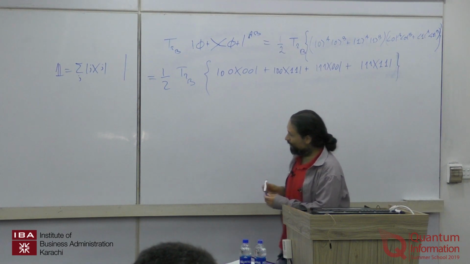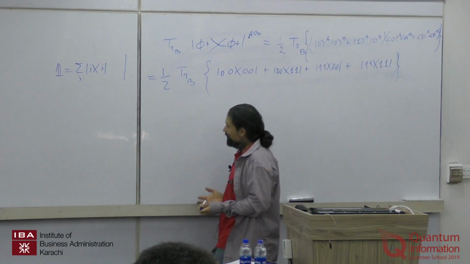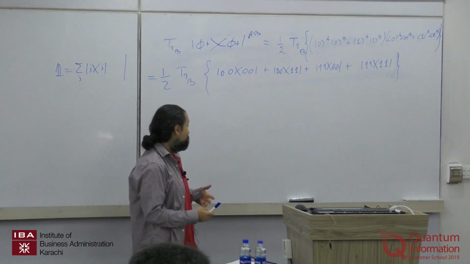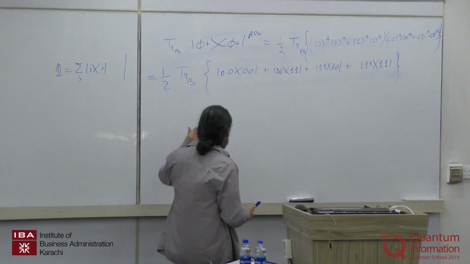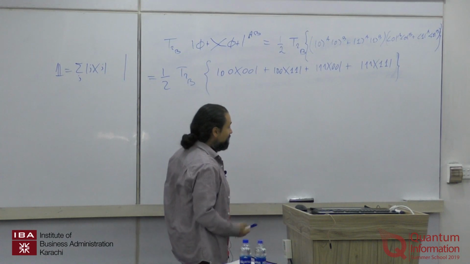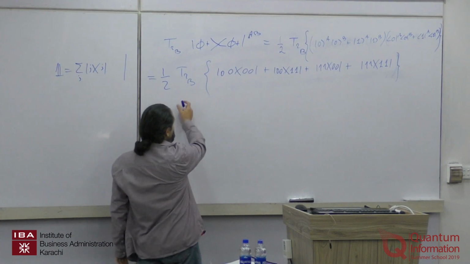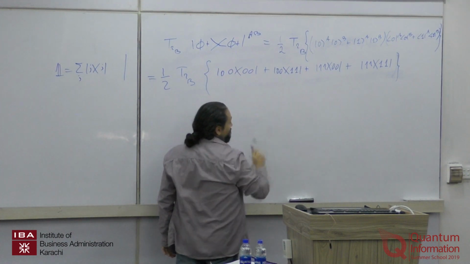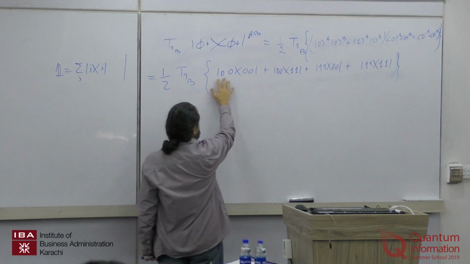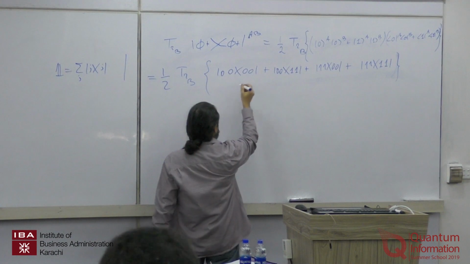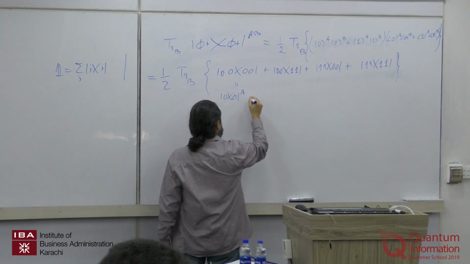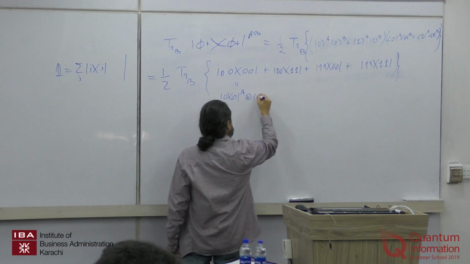Okay, so when you want to calculate a trace, you often already know some theorems or some simplification, but if you don't know where to start, the basic strategy is to take your state, expand it in a basis, and then apply the partial trace for each of the components that you found. So the point is that this state is in a product form, because this is equal to 0, 0, A times 0, 0,